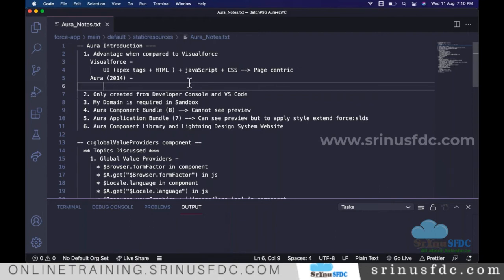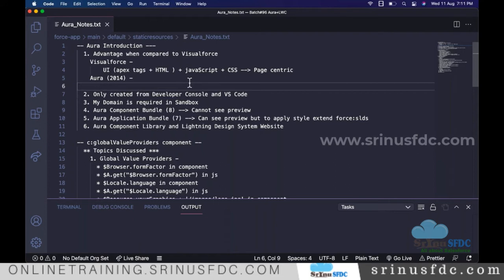Maybe if you want to update the data in the Salesforce database, only in those situations we make the Apex server calls. Otherwise, in the rest of the situations, most of the logic we write at client side within the JavaScript. So with such a framework the performance is better because it won't rely on the server as much, with fewer server calls and more performance when compared to Visual Force. Okay, so that's the concept of